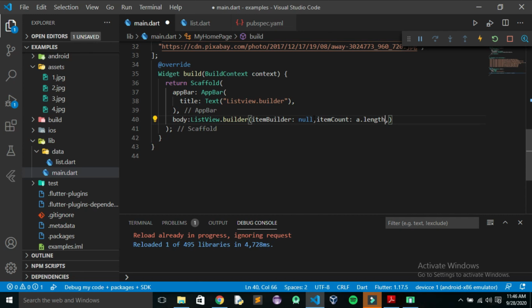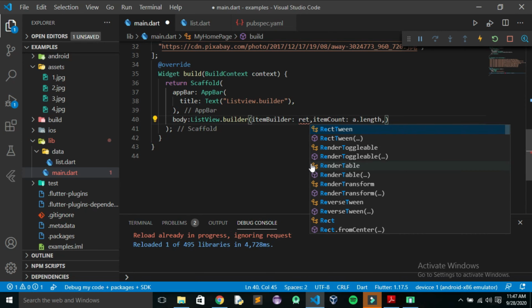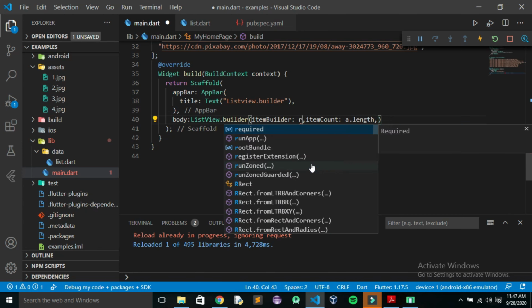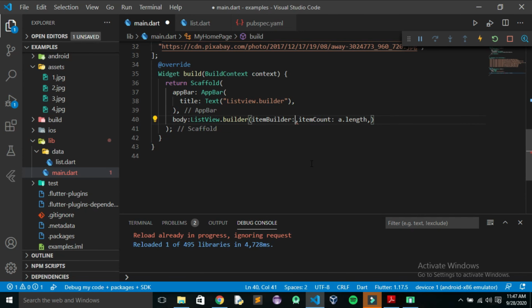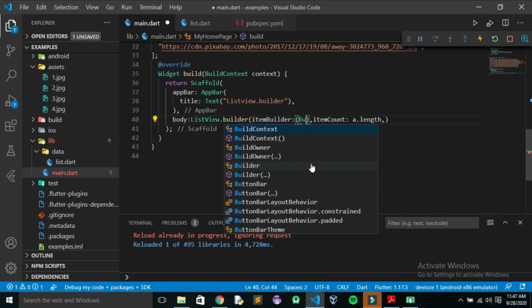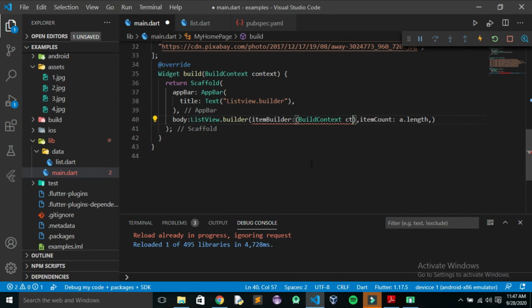So now let's do it. In this we need to return. Okay, so for that we need to first define it. It takes two parameters, that is BuildContext, let me write it as ctx, and then int index.